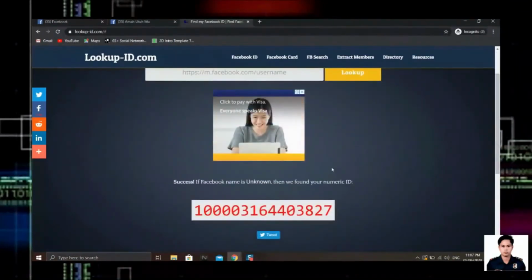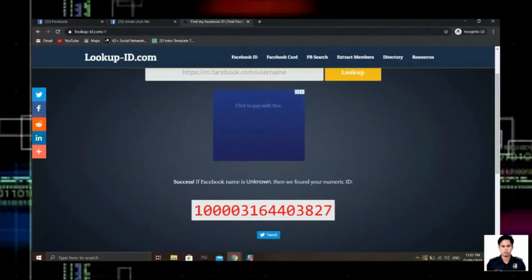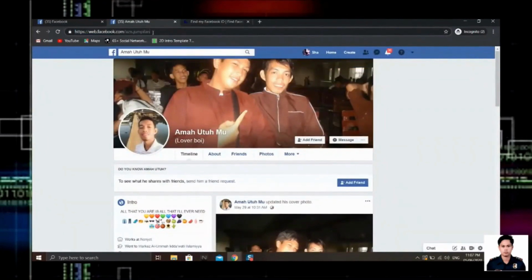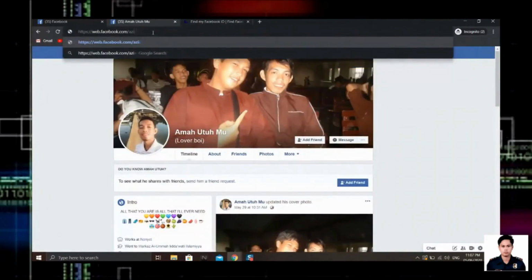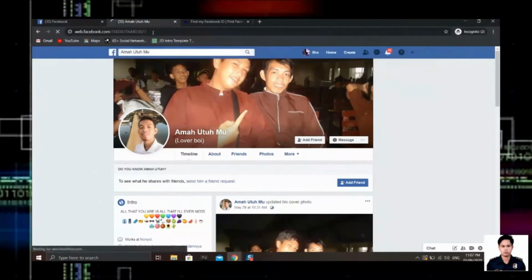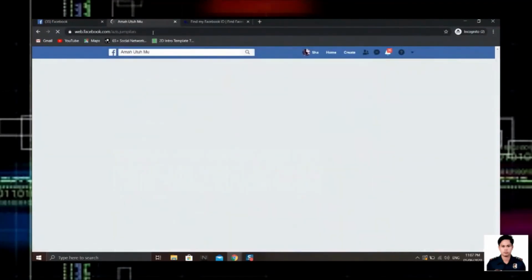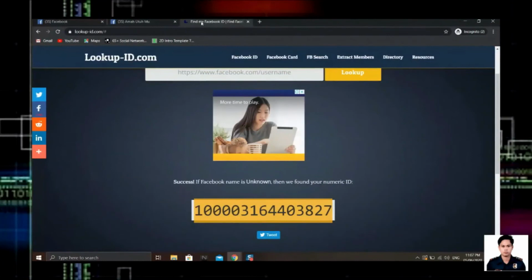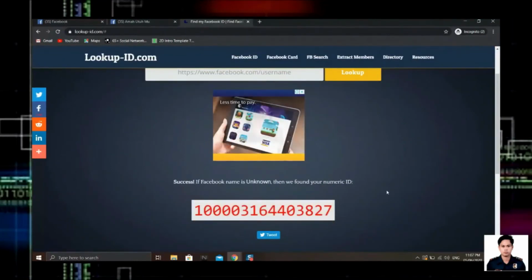So you can see it here below. So this is the number of said account. Click on the number and Control C, copy it, go back to the page so that you will be able to verify if this is indeed his account. Now erase everything else and then paste the number after the .com/. Control V. Then hit enter. So when it returns back to the original account, this means that the said number is the number of this account. So Facebook user ID number